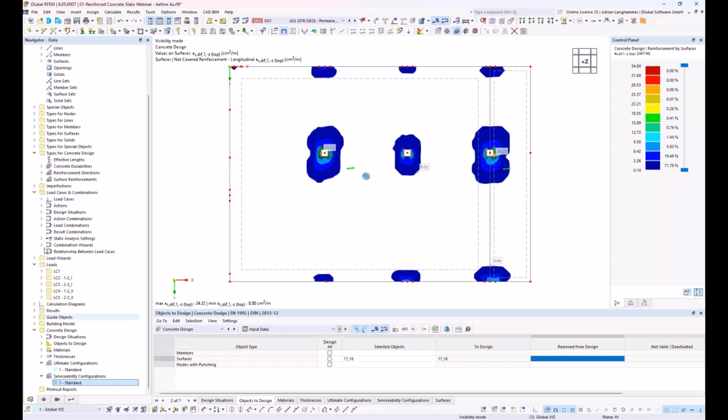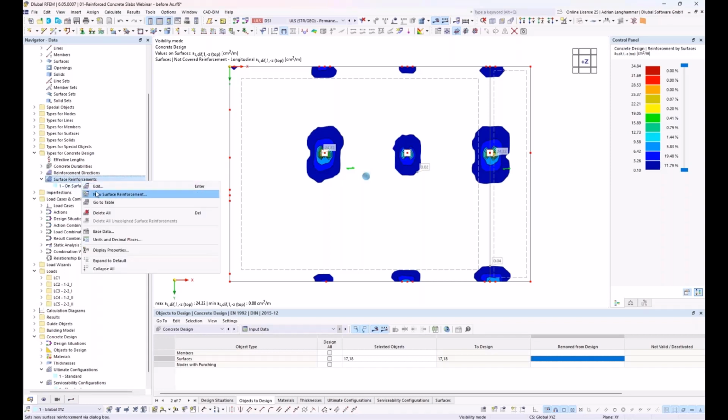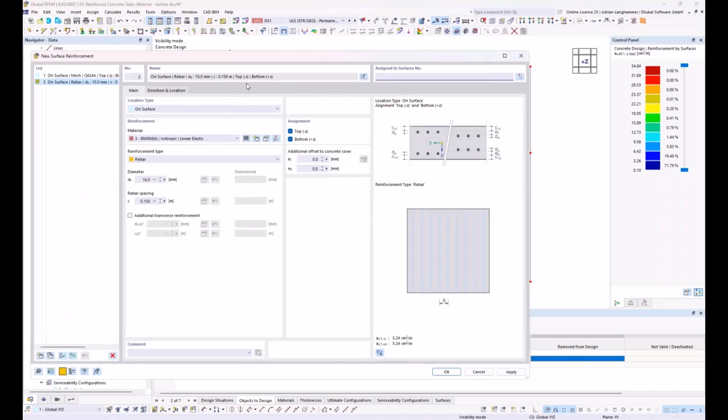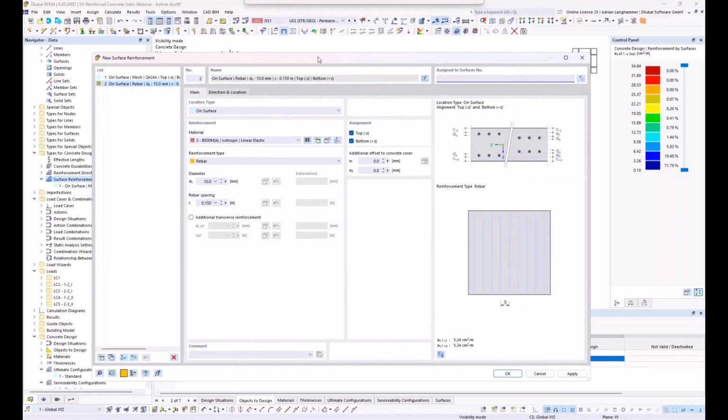And I have to go to the navigator, and here's surface reinforcement. There's also our already existing mesh basic reinforcement. I create a new surface reinforcement, and this time not for the whole surface. I would like to use a free rectangular reinforcement only at the top side,